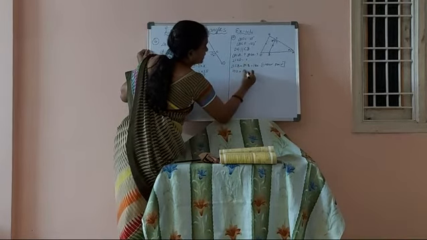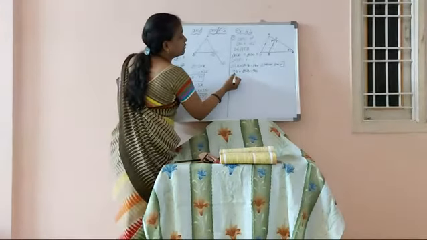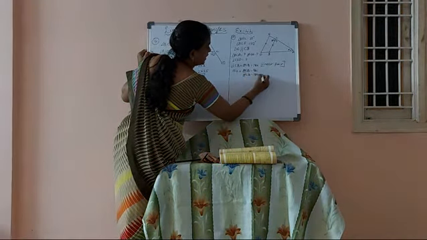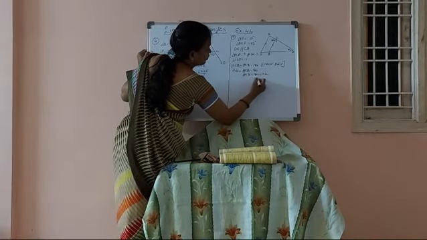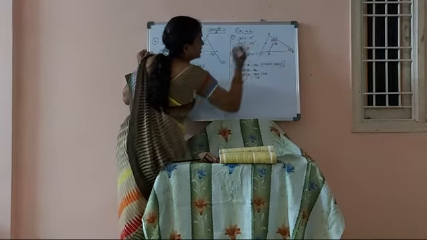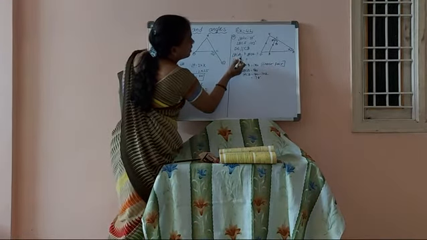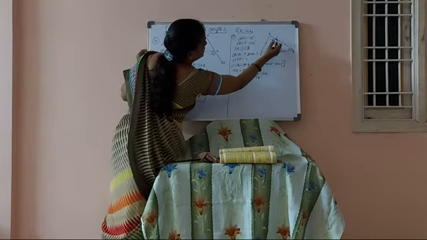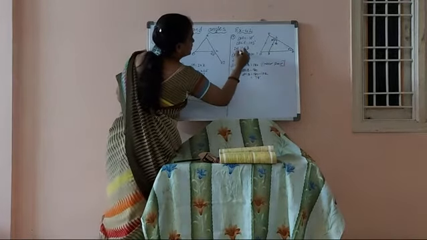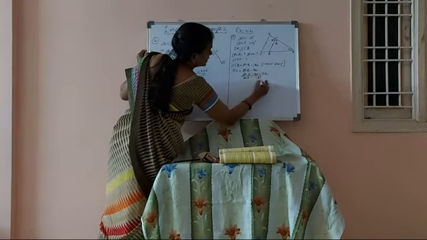We don't know angle ACB, so 102 plus angle ACB is equal to 180. Transpose this to the right hand side. Here it is addition; if you transpose it, it becomes subtraction. So 180 minus 102: 10 minus 2 is 8, 7, 78 degrees. First one he asked you to find out angle BCA. BCA or ACB, both are equal. Angle BCA is equal to 78 degrees.